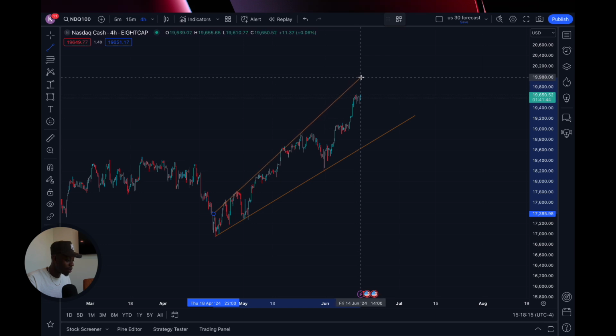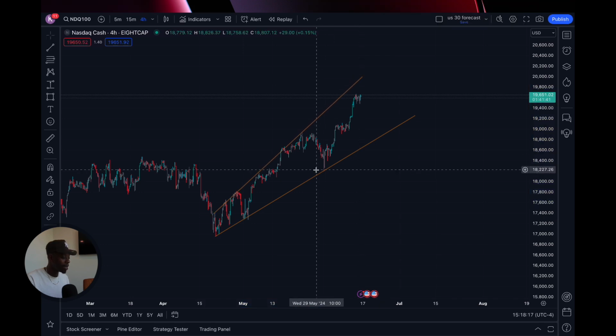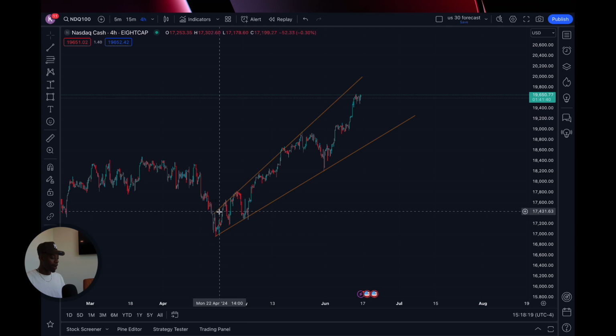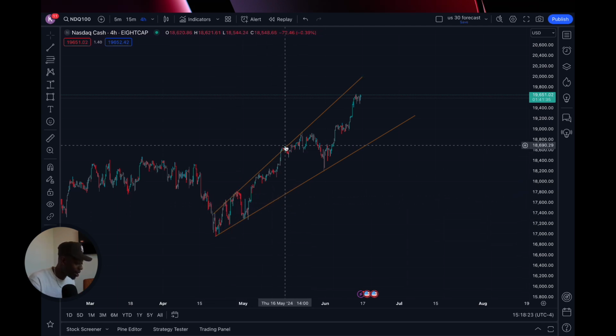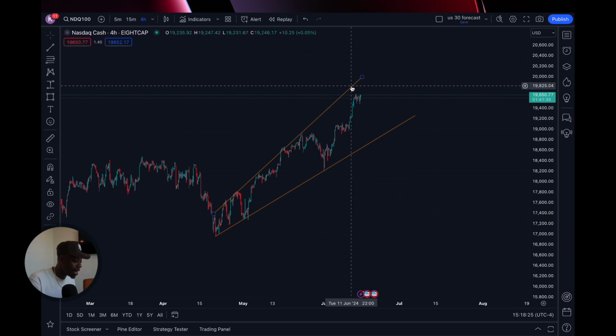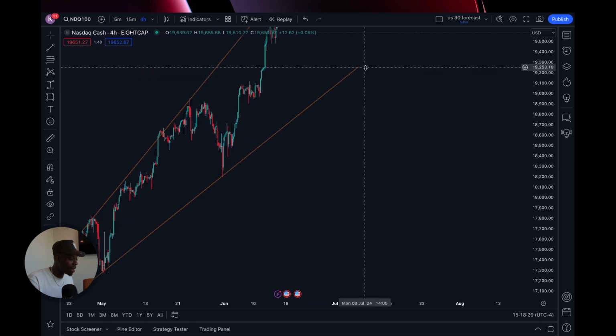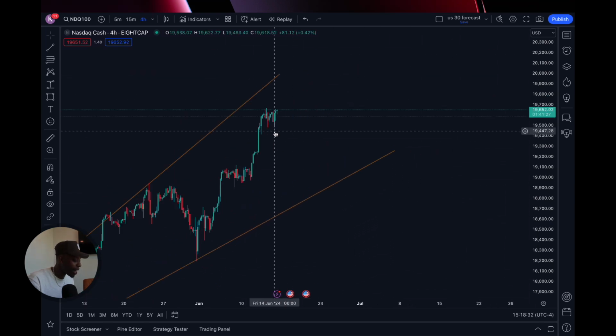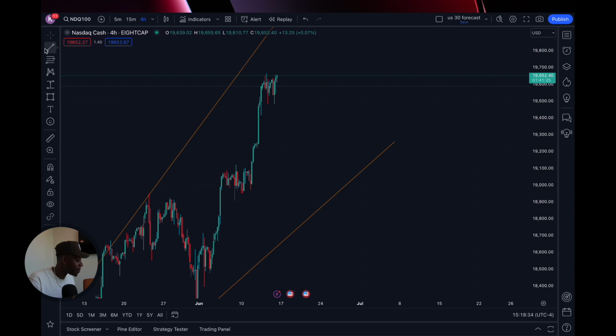This is what we could possibly be seeing, y'all. All right, so we got a touch here, here, here, and here. This is really being respected, right? Not only that, we have a double bottom right here. So guys,